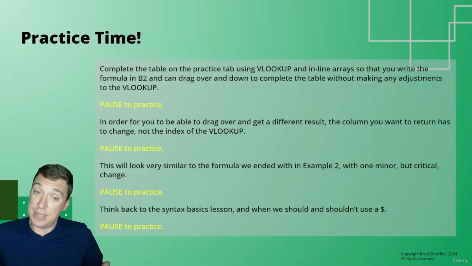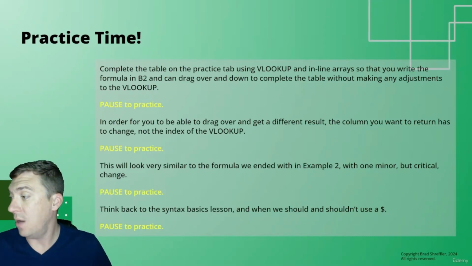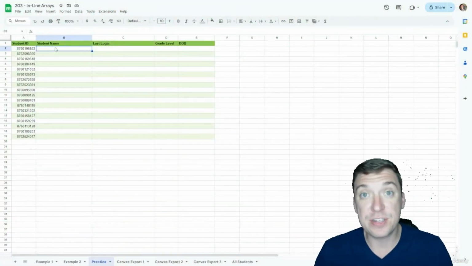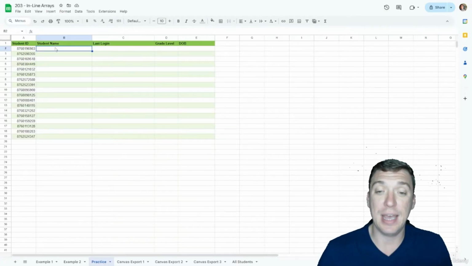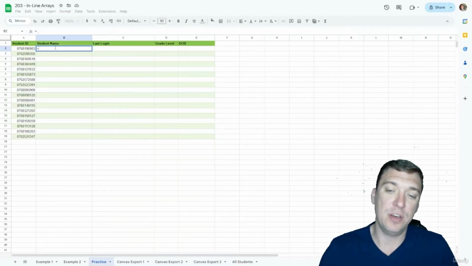Did you get it? How'd you do? Let's go ahead and jump into our example and see how we did. The start of this is going to be very similar and look very familiar to the example 2 tab VLOOKUP we did. So we'll start with equals VLOOKUP